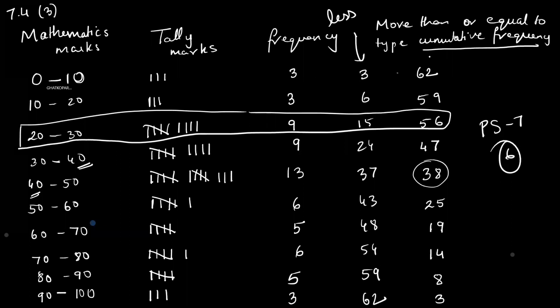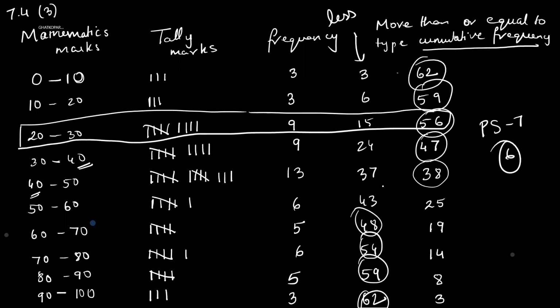If you compare now, 62 will always be the same because these are all the people. There are total 62 students. Then 59 comes in because of luck. It's a coincidence. It will not always be correct. But if you now notice, this 54 and this 56 are different values. This 48 and this 47. There will be a difference. So it is not the reverse.